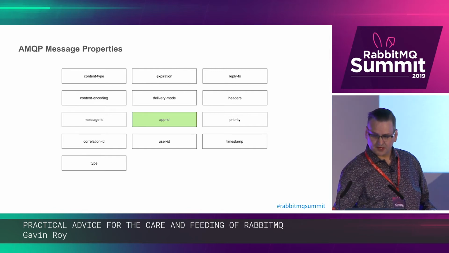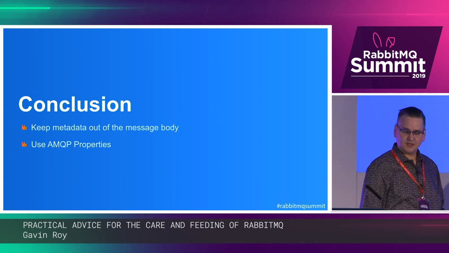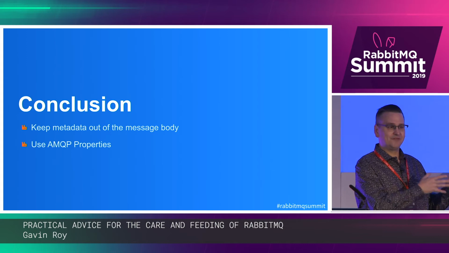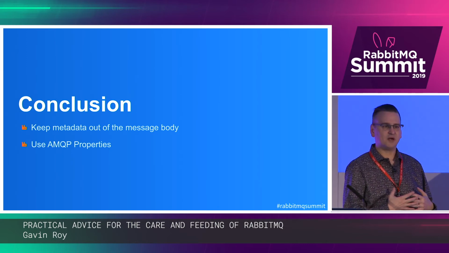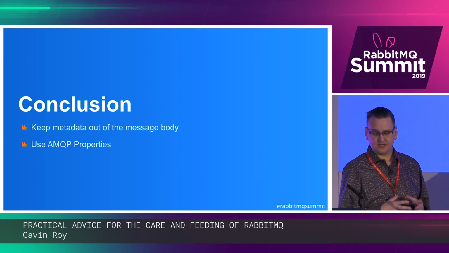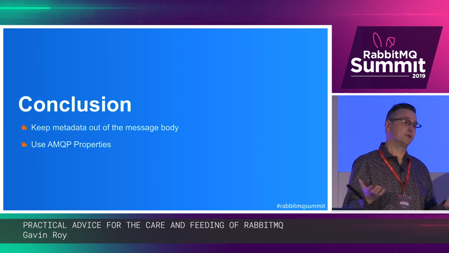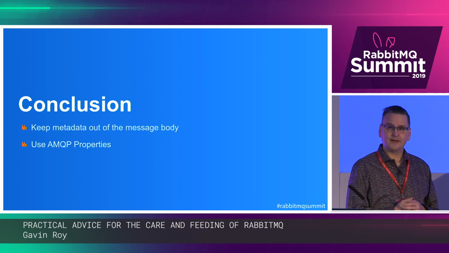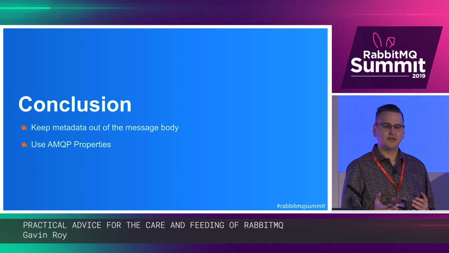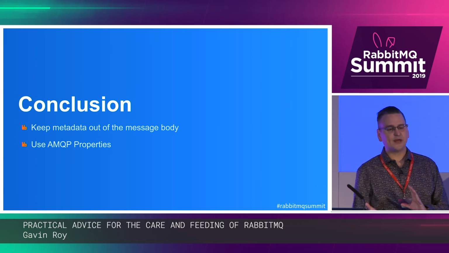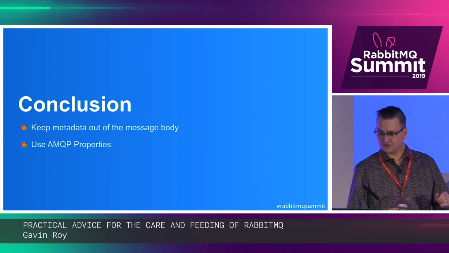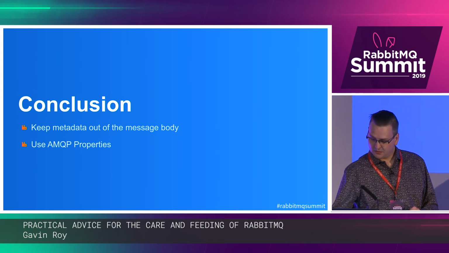So our conclusion there, of course, was to keep message metadata out of the message body, because that's not really where it belongs in an AMQP message. It belongs in the properties. And so let's use those. They didn't agree with me. Somewhere along the line, I think we ended up in a compromise. I've tried to apply that principle going forward. Again, 2009, a long time ago.